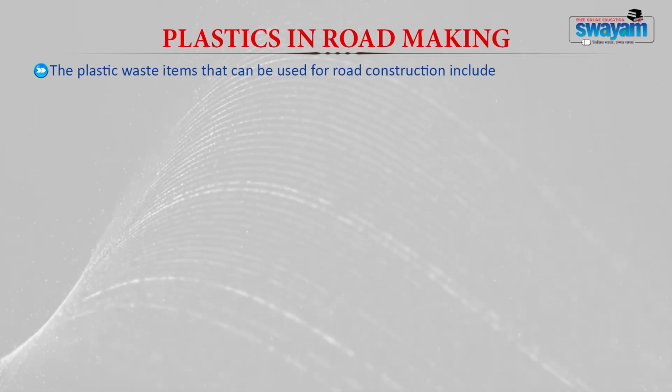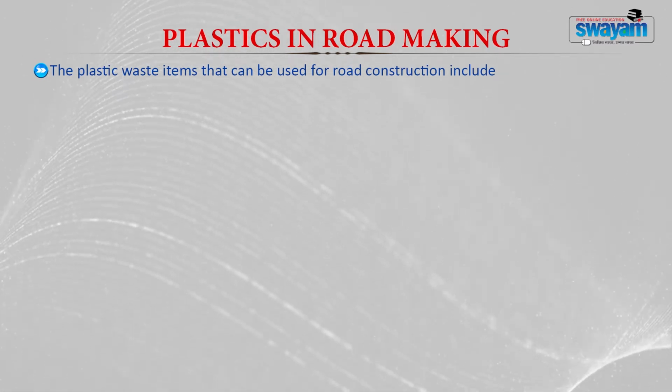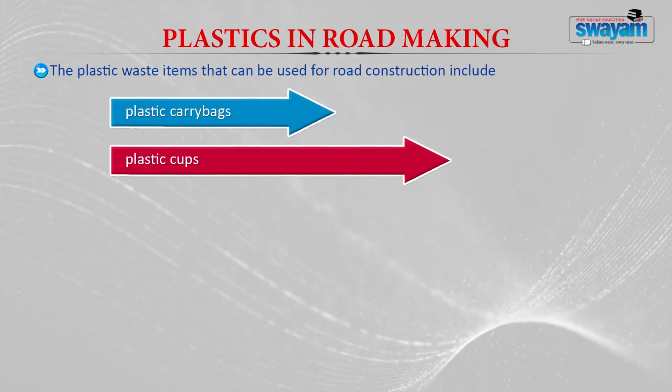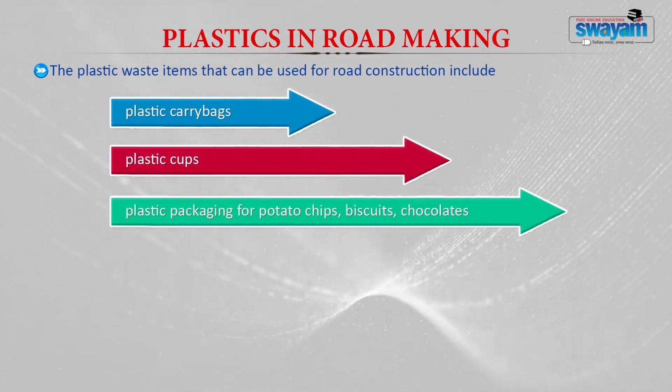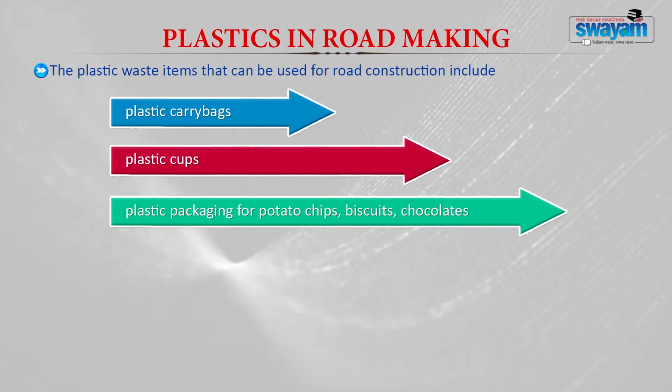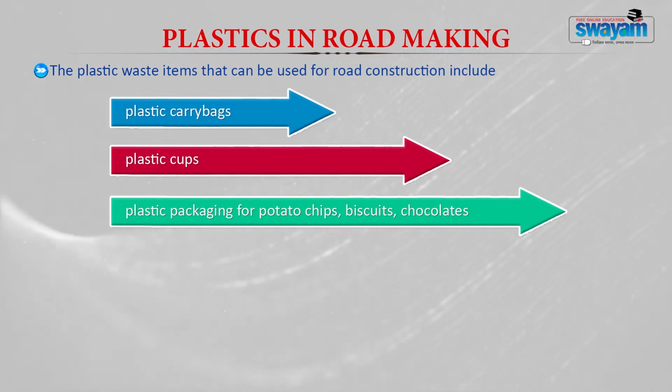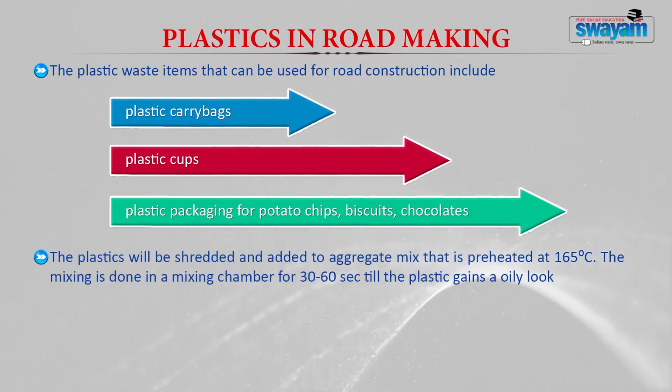With plastic pollution becoming a great menace in recent times, scientists have found a way of using these plastics in constructing roads. Plastic waste items can be used for road construction, including plastic carry bags, plastic cups, and packaging materials, where these potato chip, biscuit and chocolate wrappers can all be used for constructing roads. For the construction of roads, the plastic should be shredded and then added